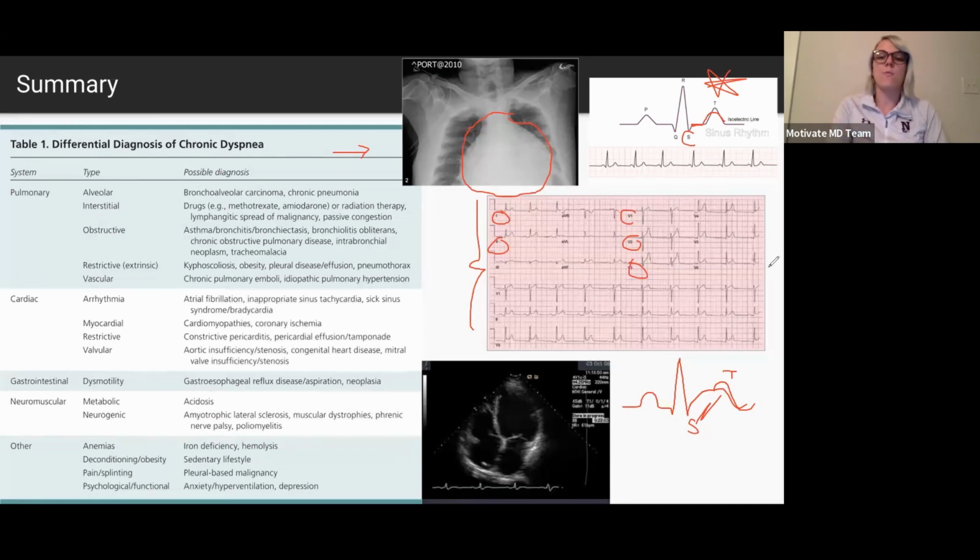So we talked about in another lecture where, if it's 2, 3 and AVF, that's an inferior myocardial infarction, or if it's in AVL, V5, V6, that's lateral. But we're seeing it in a lot of leads. So we're seeing diffuse ST segment elevation. If this person told me that they just had a viral infection, I would say that this is an infection of the heart. Do you guys know what that's called?